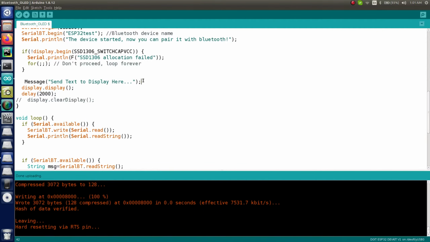Not only this much, you can send any other text, whatever you want to send, and that can be sent anywhere, whether on the OLED display, on the P10 tile, or on some bigger display where you actually want to display. So there are various other applications where you can use this concept, and it will be an industrial level application. And also, as I've said, this is a BLE, which is a Bluetooth low energy device, and this is going to conserve a lot of energy for you, which will give your device durability, right? Which means you can make a device and that device will last long, right? So this is the advantage of using this part.